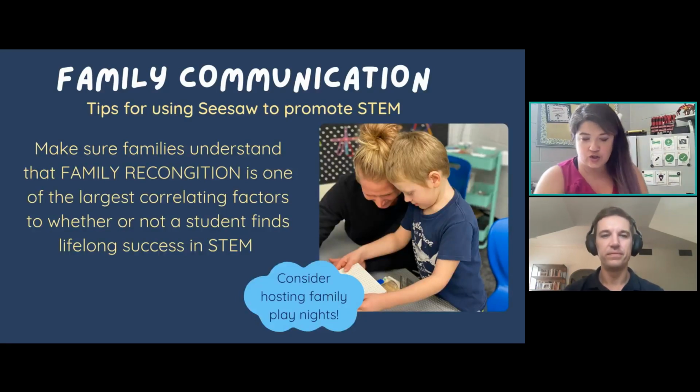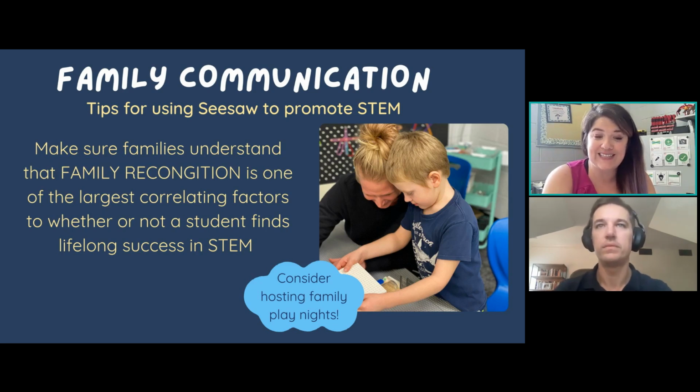We used to do family STEM nights. It used to be me and a couple of other teachers in our building, and they're overwhelming to plan. We lost the funding to do all of it. They're expensive to plan and time consuming. So I was thinking, what can I do with families that still engages them, gets them in the building, gets me the opportunity to meet them, and gets them talking to their child about STEM? What I realized is that it takes about 2 minutes to send out an email